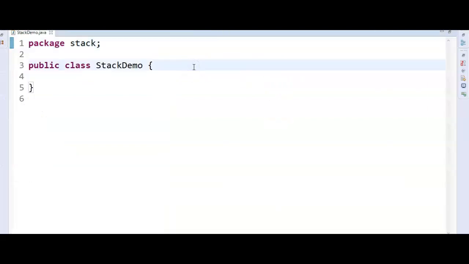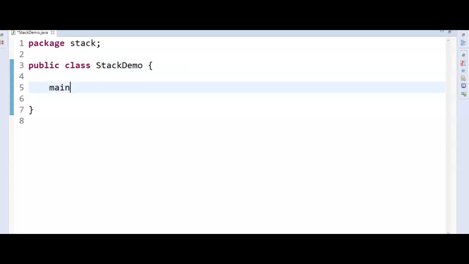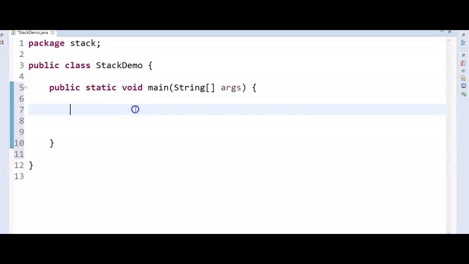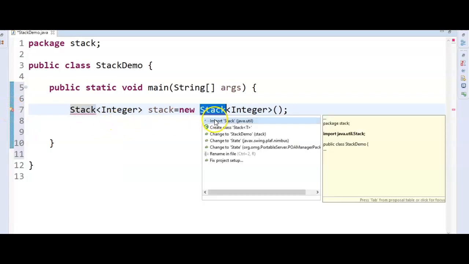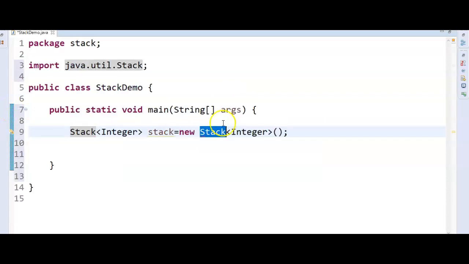And then create a main method. Let's create a stack. Stack equal to new Stack. Let's create the stack.